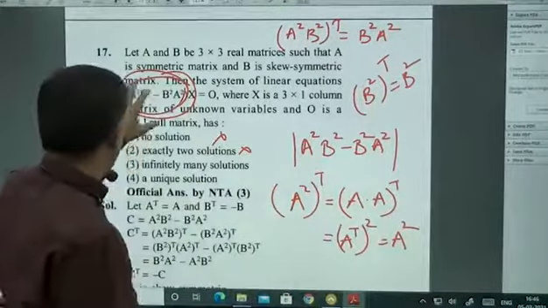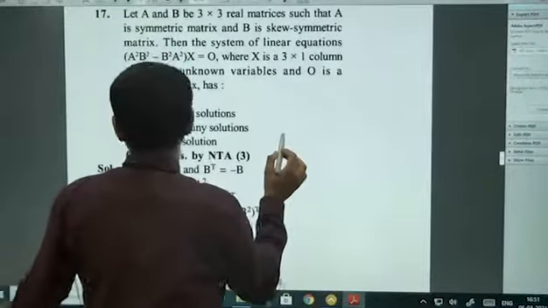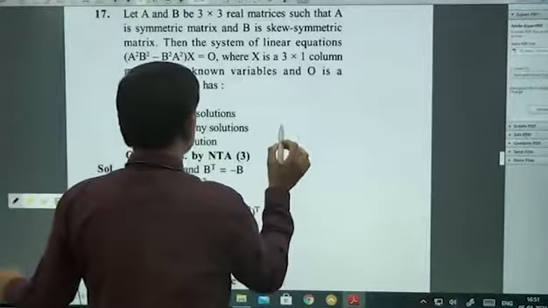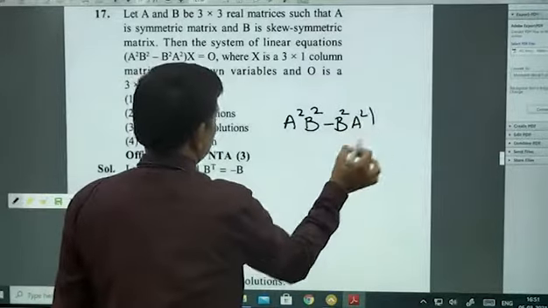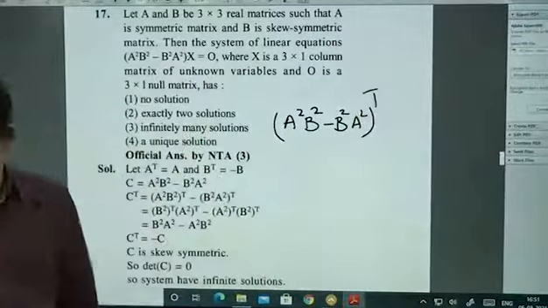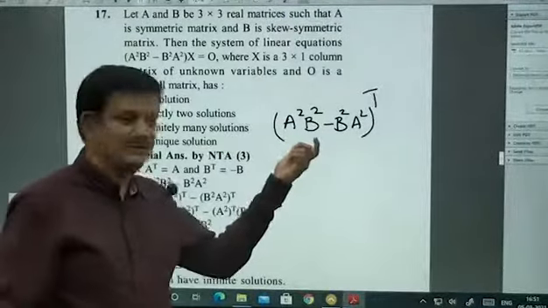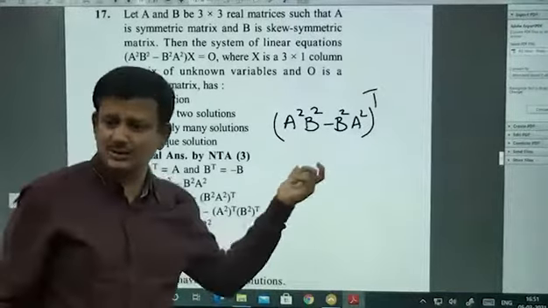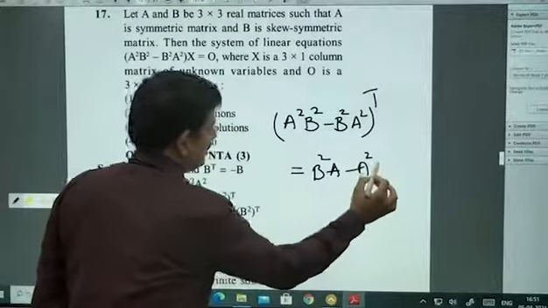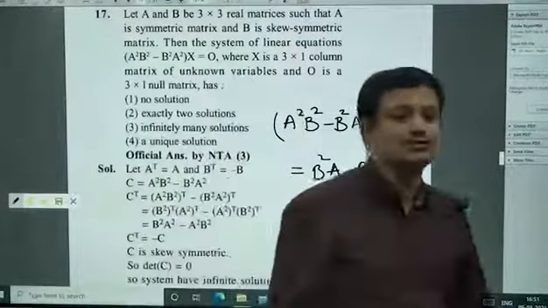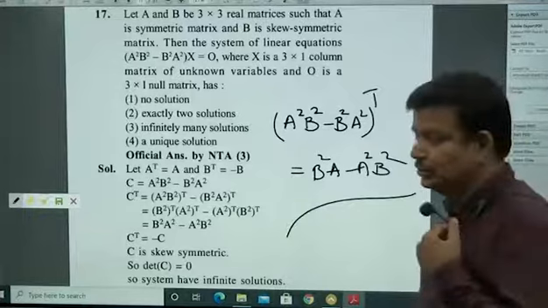So directly you can identify this, starting from what is the transpose of it. This is for your internal understanding. So question, how will you start? You will start with checking A square minus B square, whole transpose. What will it be? Transpose of this minus transpose of this. That will be B square transpose into A square transpose, which is B square into A square. So finally you get this as B square A square minus A square B square. So now you identify it as a skew symmetric matrix. Skew symmetric matrix of odd order, the determinant is 0. So that is 0.